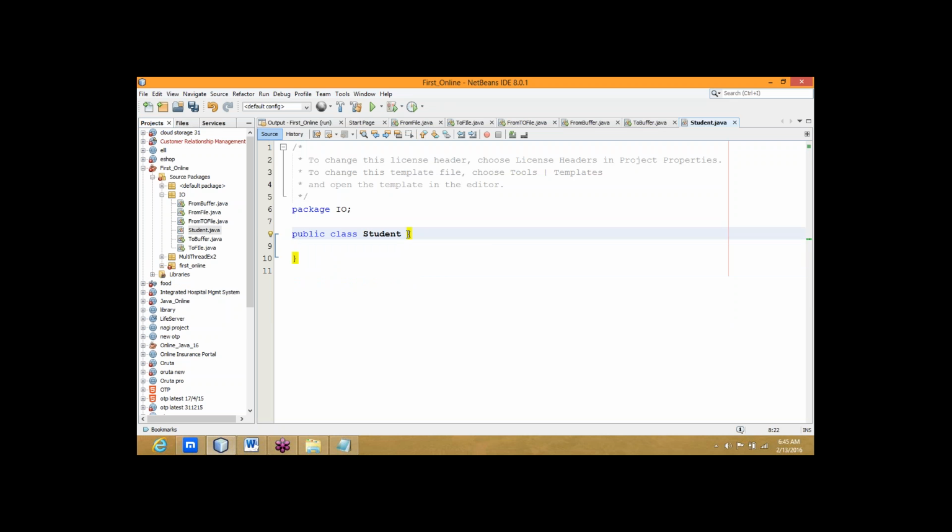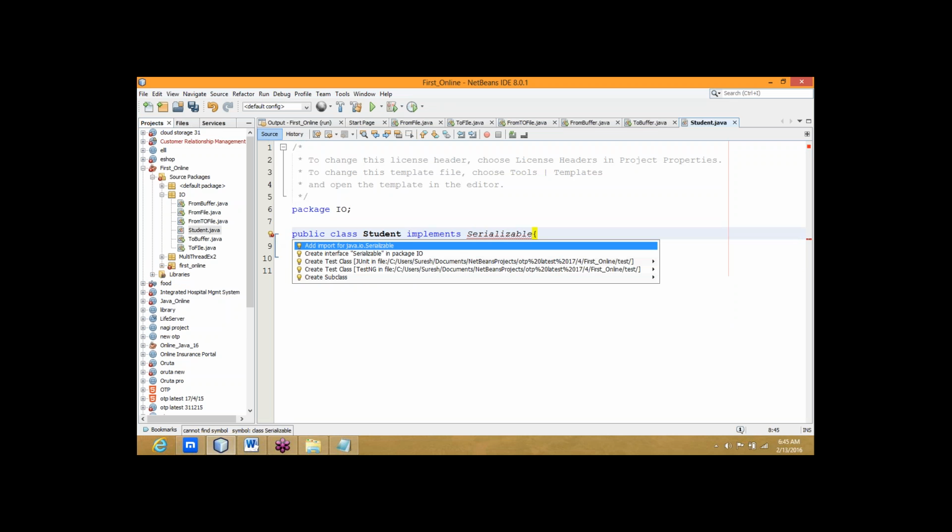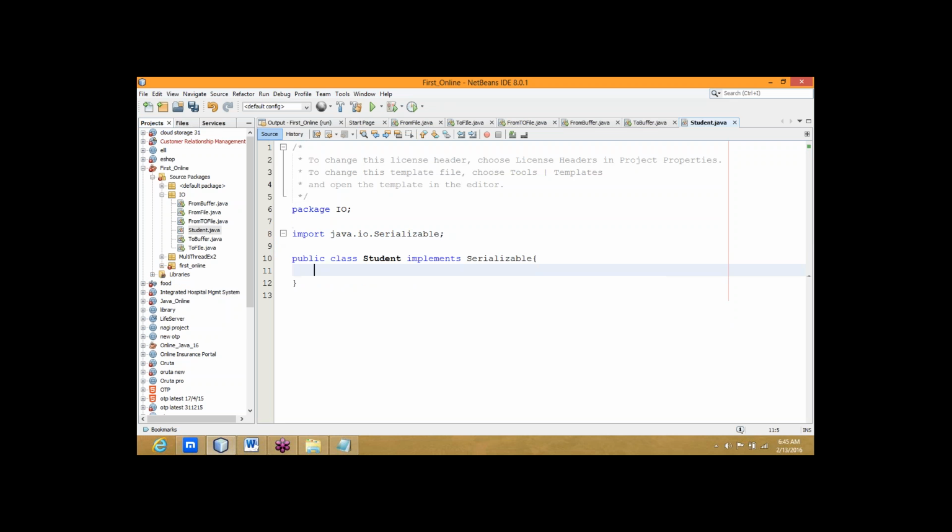Here we have to implement Serializable. It is in the package java.io.Serializable. Okay, and let us create some data for the student: int id,